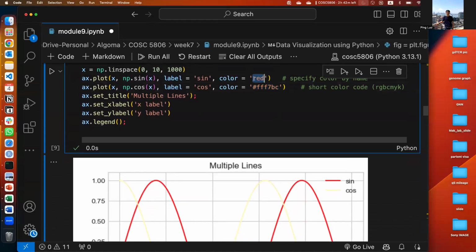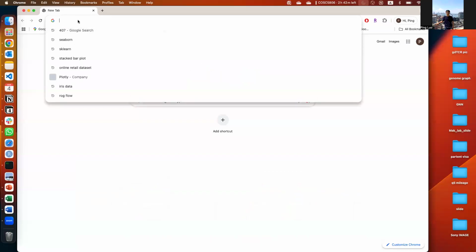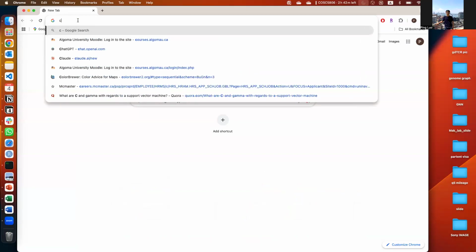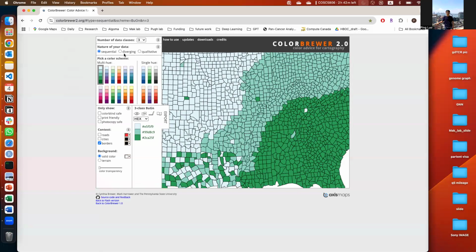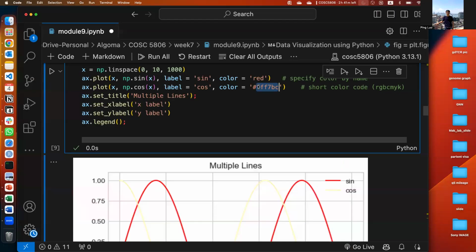So the thing is, of course, we can use names like red, orange, or blue to change the color. But those character string colors are limited. I don't know how many, maybe less than 10 colors. If we want to use a specific or good looking color, I recommend this website called Color Brewer. It has all these different colors, and you can choose whatever you like and just copy this hexadecimal code and then exchange this. For example, I can copy this one to here,